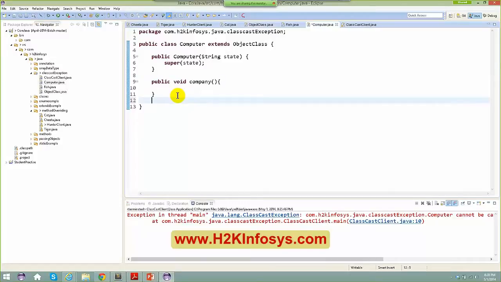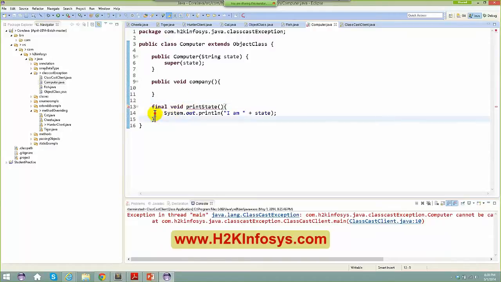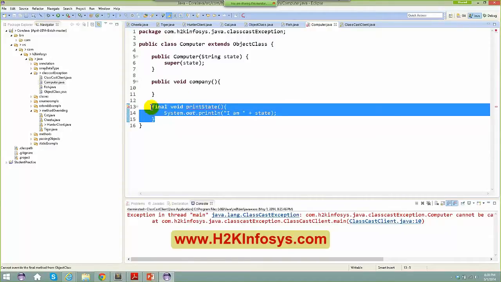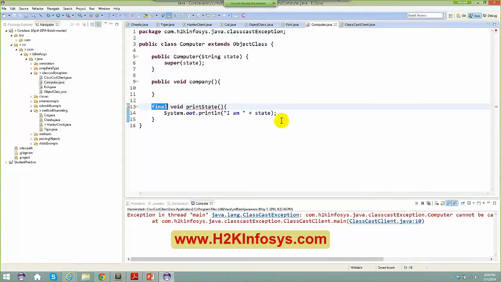We have already spoken about overriding. Now, I cannot override a final method at all. It's very plain and simple. And if you talk about a final variable, say final int